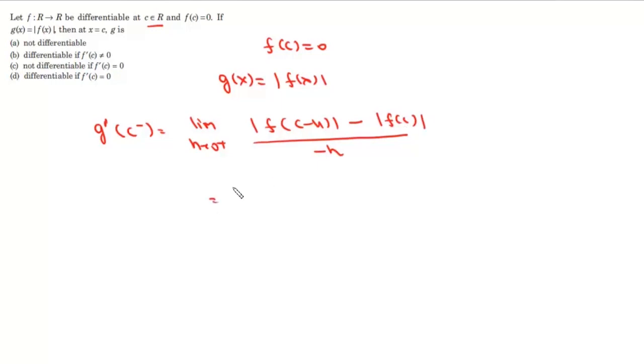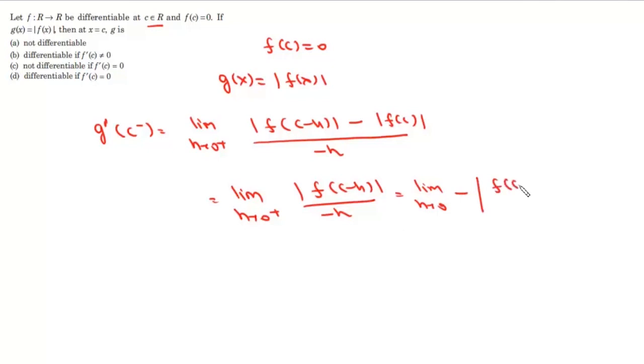So we can write this as this limit h tends to 0 positive mod of f c minus h upon minus h, or we can write this as this limit h tends to 0, minus, and we'll take this h inside, so it will be f c minus h and then minus fc, because fc is 0, we can just add or subtract fc, upon h. Now this is left hand derivative at c, so this is equal to minus mod of